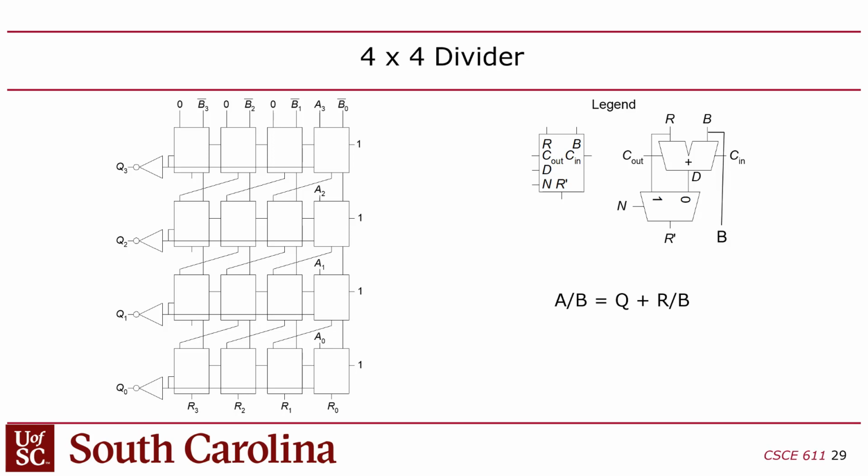Now the only other detail you have to understand is the shifting. How do we get the dividend and shift it? We have to shift to the left, right? Normally you have to shift the divisor to the right, or you have to shift the dividend to the left. You have to choose one. In this case, we're going to shift the dividend to the left, right? So the way you do that is